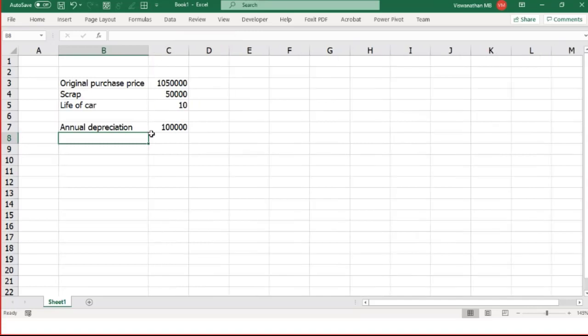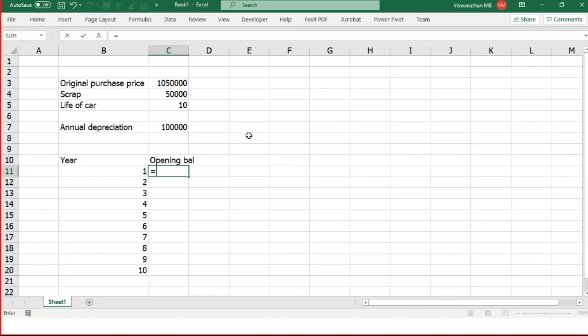Now, in a traditional approach, we would have created a list of cells, 1, 2, 3, 4, 5, 6. These are going to be my years. Instead of 1, 2, 3, 4, we might have had 2010, 2011, etc. Then you would start with the opening balance, which is 1050, put a depreciation of 1 lakh, and then have a closing balance, which should be 1050 minus 1,50,000. You do it for one year, and then you have to repeat the same process for all the years. Of course, we rely a lot on copy pasting, but we would have to do this. But with dynamic array, I'll demonstrate that shortly.